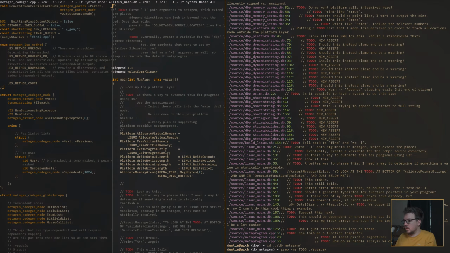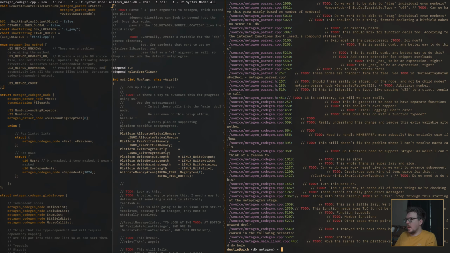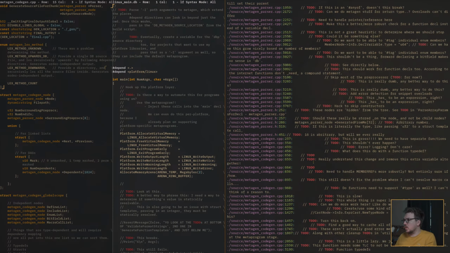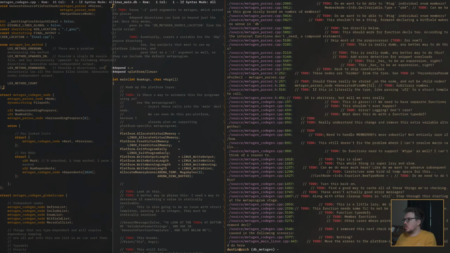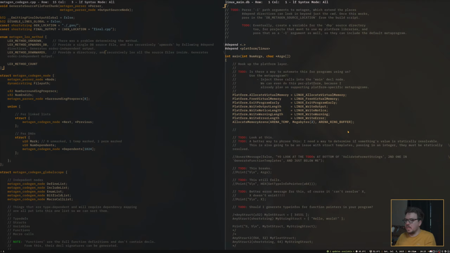In the actual metaprogramming, metagen stuff, there's a decent amount here. I'm not sure how many of these we have to go through, but I'm going to start in just the platform layer stuff and see where we get. So let's do it.